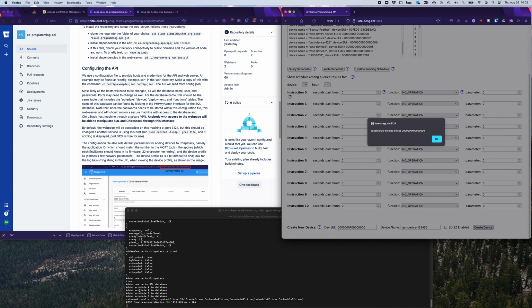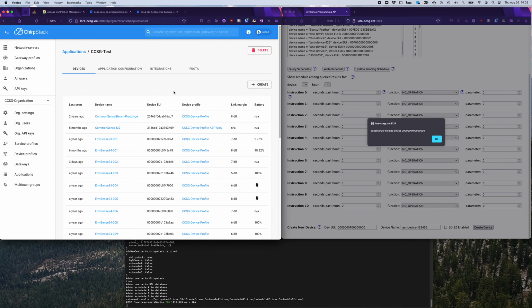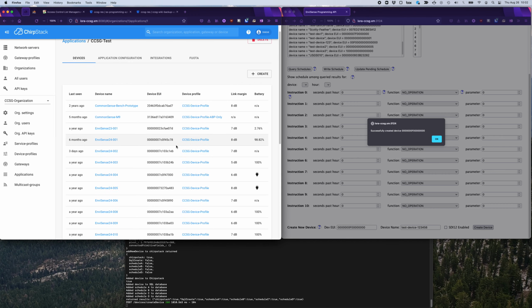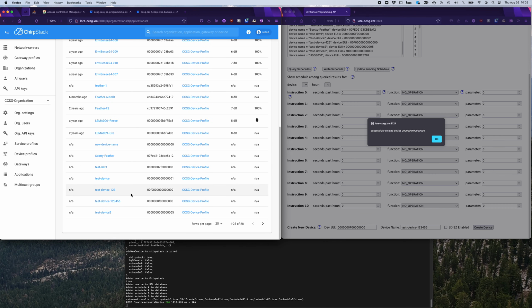So we saw a little bit of information back here, and that's showing basically that the device got added to ChirpStack, which I'll show up in this window. So this is ChirpStack. It shows the devices that we have connected and known about within our LoRaWAN network. So we have different applications. Generally we use application ID 1 just for simplicity. So if I scroll down to the bottom, we'll see this new test device 1, 2, 3, 4, 5, 6,